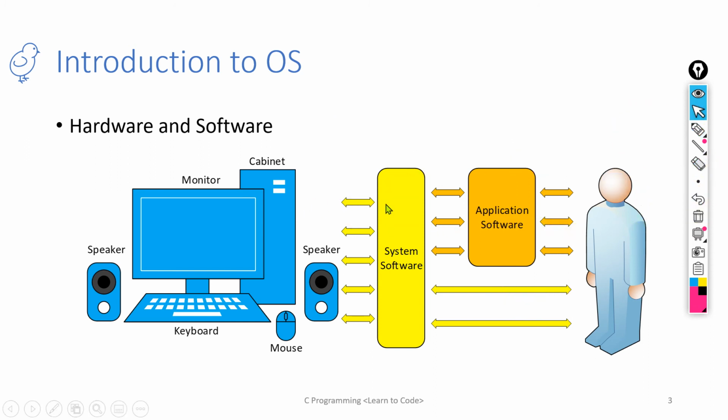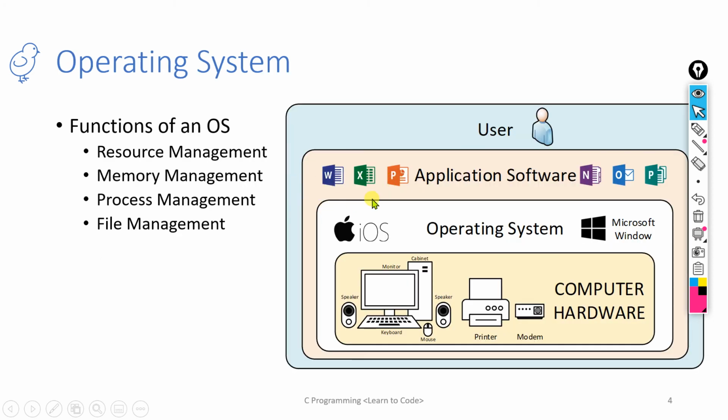So that means when the user communicates with the hardware, how are they communicating? They are communicating through the software layer. The software layer is of two types: system software and application software. A user can instruct the hardware to do something through those software layers. Either the application software sends the instruction to the system software, which makes the hardware do it. Similarly, the user can directly instruct the system software to do something, and the system software will instruct the hardware to perform that task.